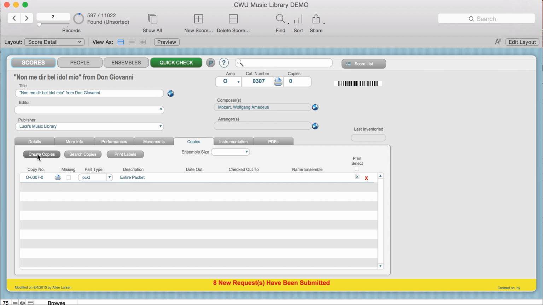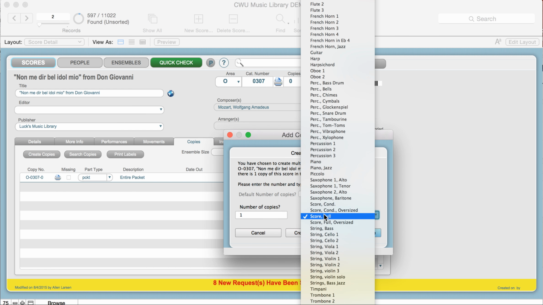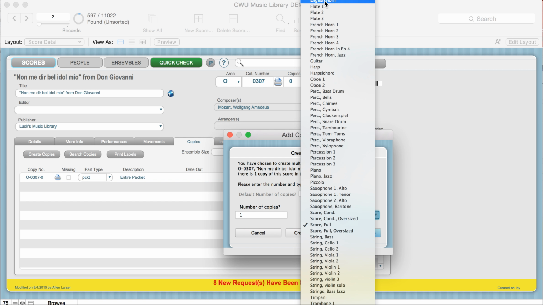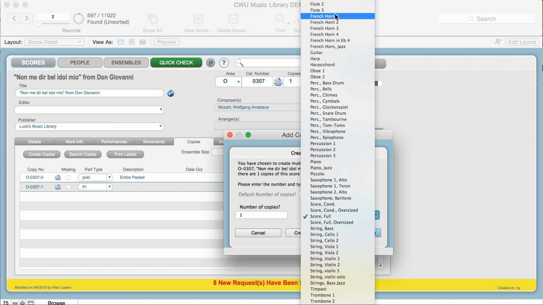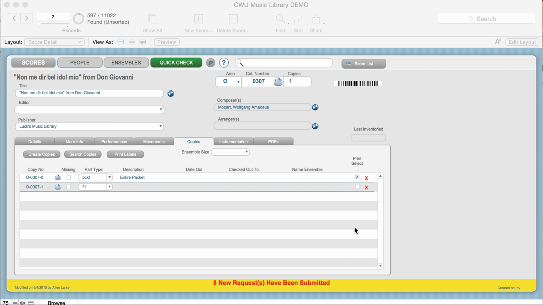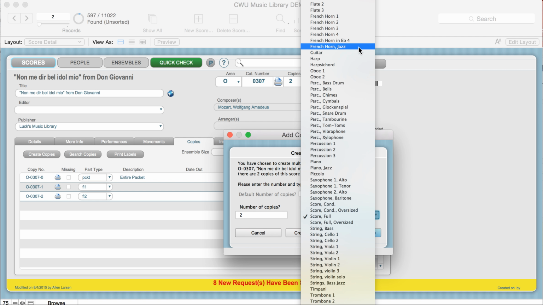So to create copies, we click the Create Copies button, and by default it says score full. That's typically the first piece you put in. And I'm going to add some pieces here now. So I'm going to add one, and we're going to go flute one. Create and continue. We're going to add a flute 2. Create and continue. We're going to add 2